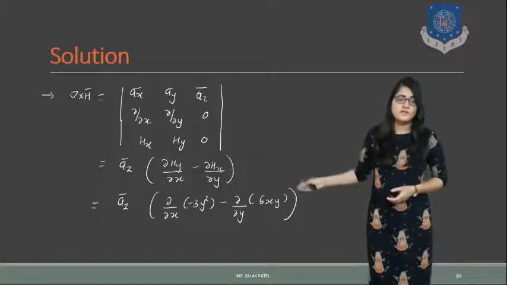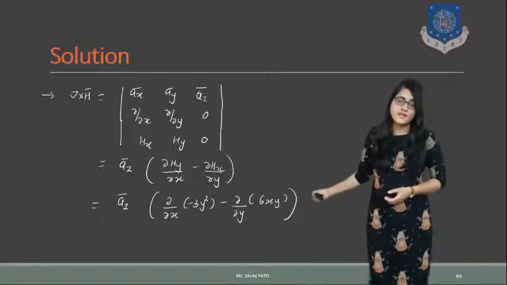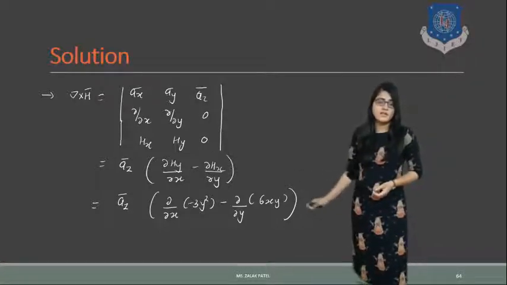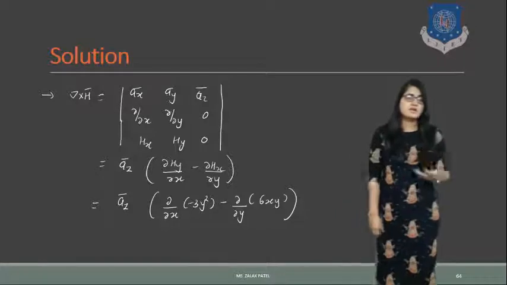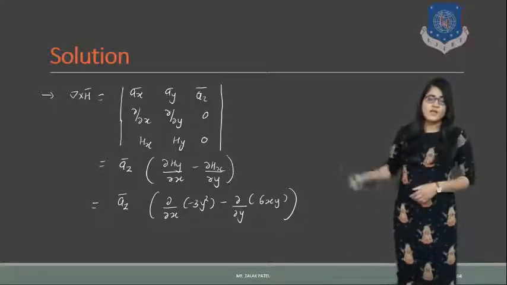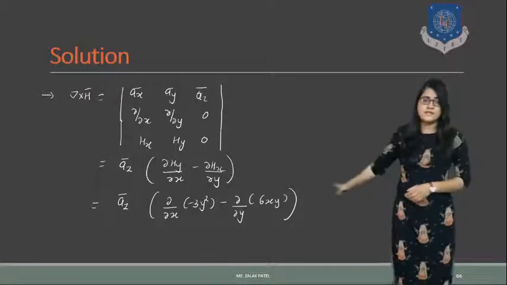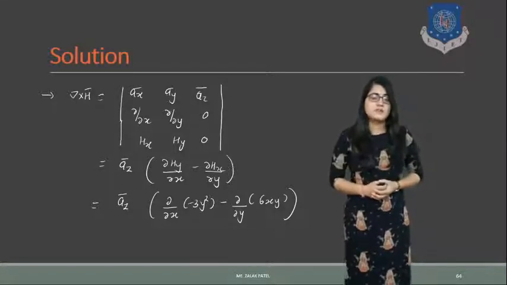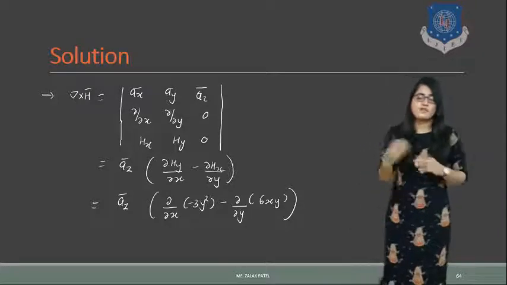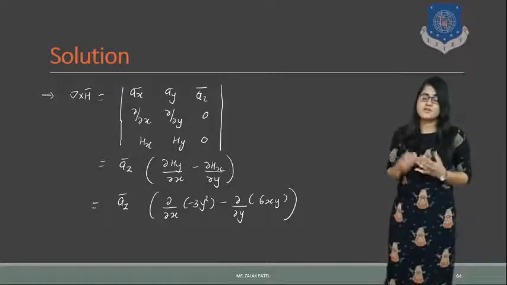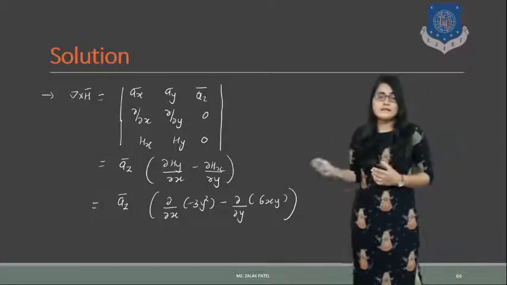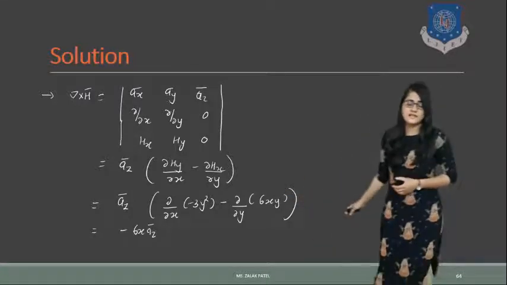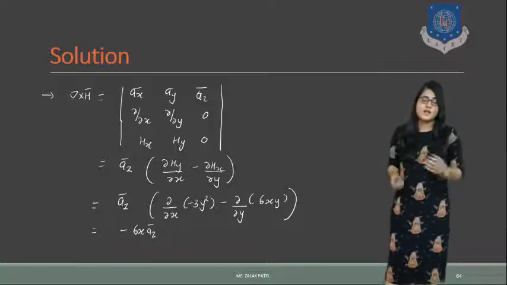If you put that, Hx is 6xy and Hy is minus 3y square. The mathematical equation will become like this, because the remaining terms become 0 when you solve this determinant. So only the az component is there. If you solve that, del by del x of minus 3y square is minus 0... the partial differentiation of the y term with respect to x becomes 0, and the partial differentiation with respect to y of the second term gives 6x. So the remaining is minus 6x az bar, which is del cross H.